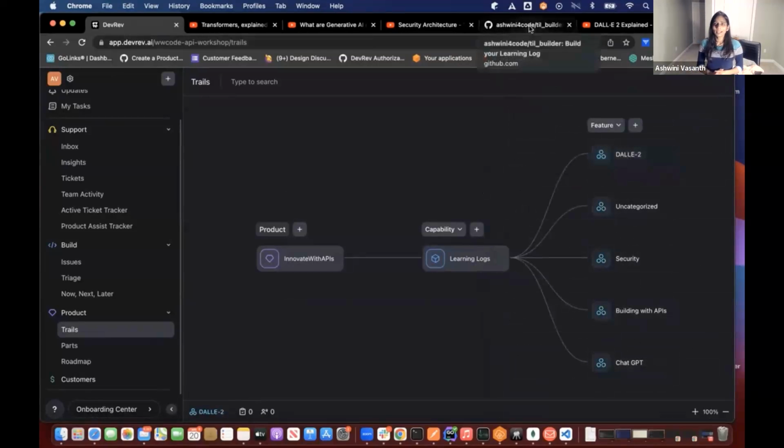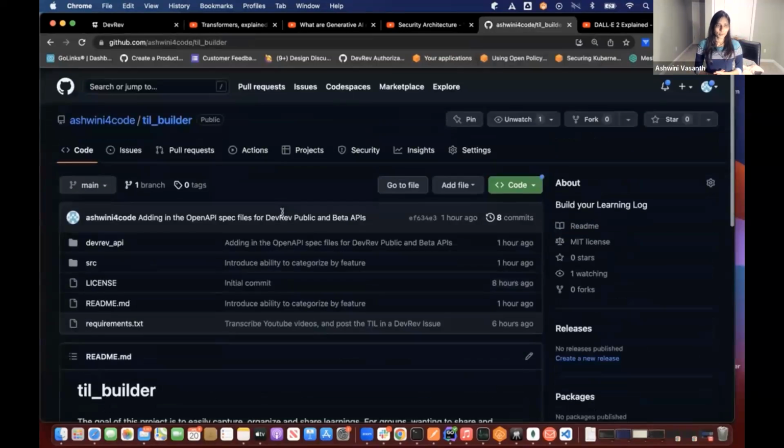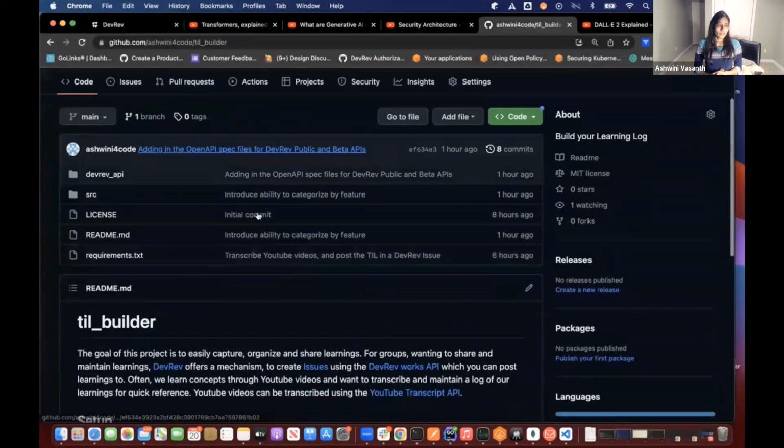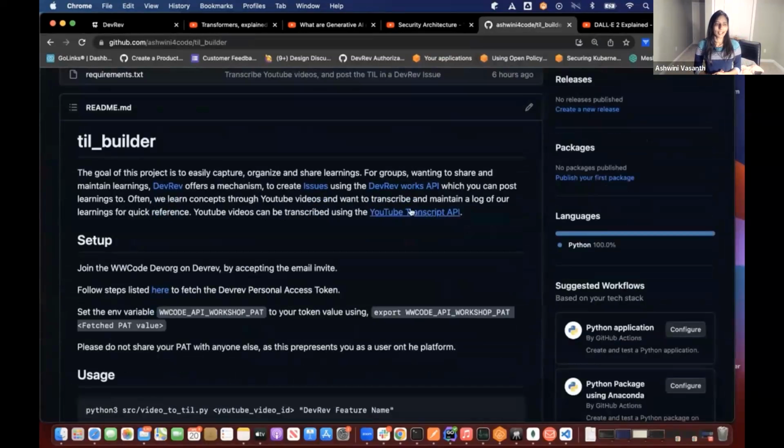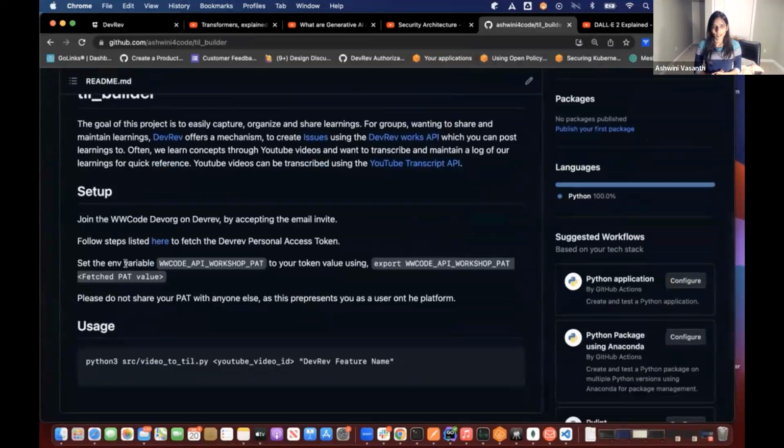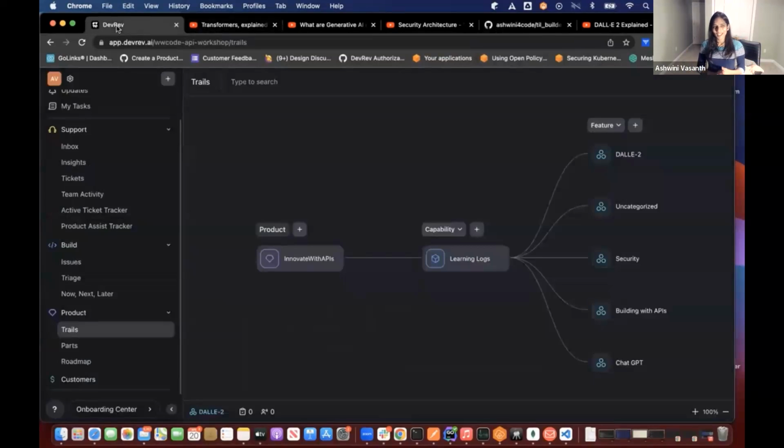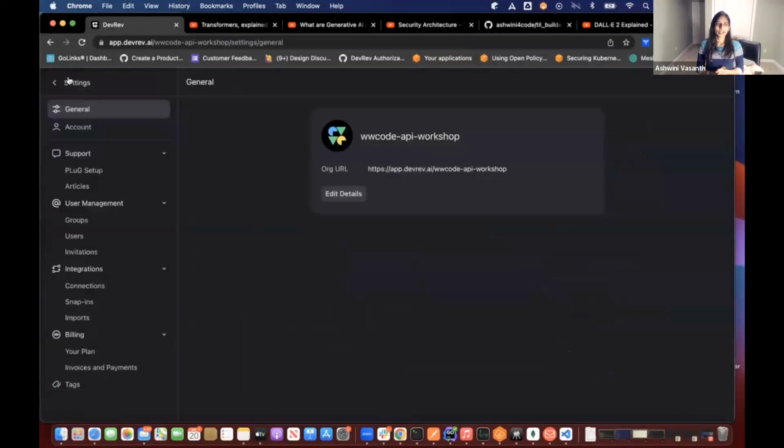And we now go, this is the open source repo. Now we have the code over here, right? And we said we have setup and usage. What's the first step? We need a token and we need to be able to export a token. Now, how do I get the token in the first place? You can follow that link over there. It gives you some pictures and makes it easy to tell you how to get it. But essentially this demo gives it to you as well.